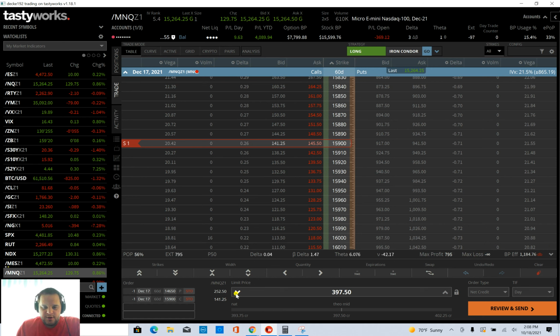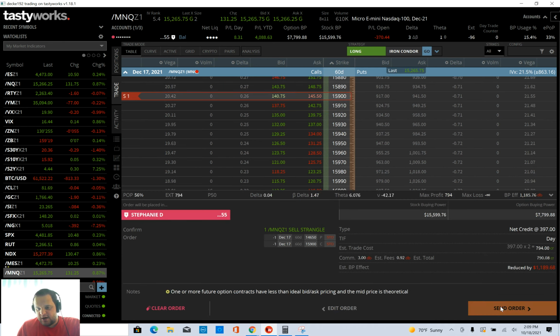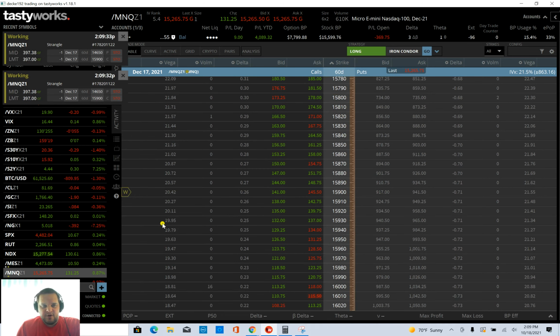So at the MNQ, you're going to have to give up a couple points typically. With this being $2 a point, it's really not that big of a deal. So every tick is 0.25, or 1/4 of a point. Since 1 point is $2, every quarter of a point is 50 cents in real dollars. So I'm just going to go down to 397 here, give up half a point, which is $1. So that would be the equivalent of going down a penny